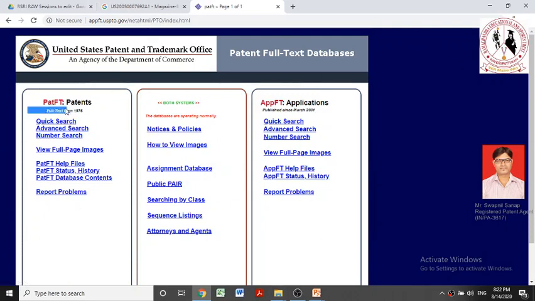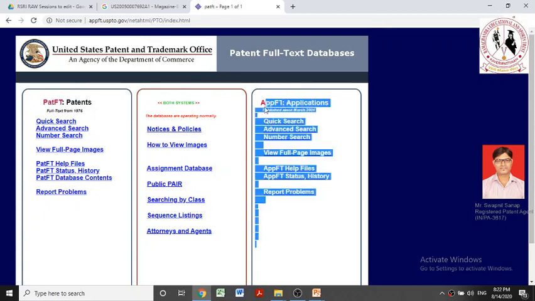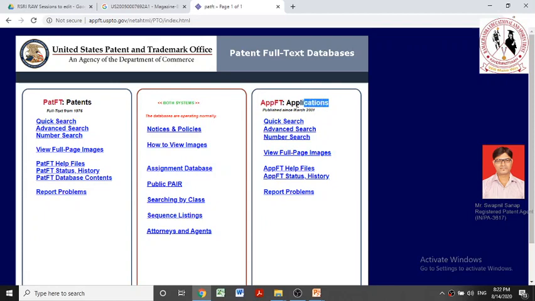Here they have given two options. One is if you want to find granted patents, or whether you want to find the applications. So applications which are filed will be seen here, whereas the patents that are granted will be seen below it. Okay, so for example, let us see any